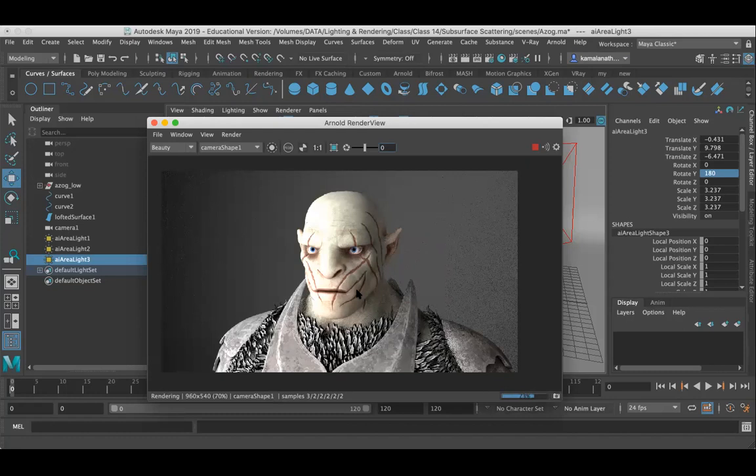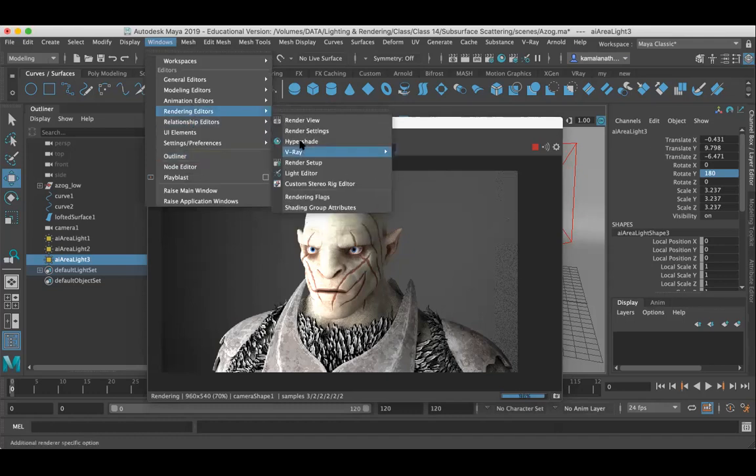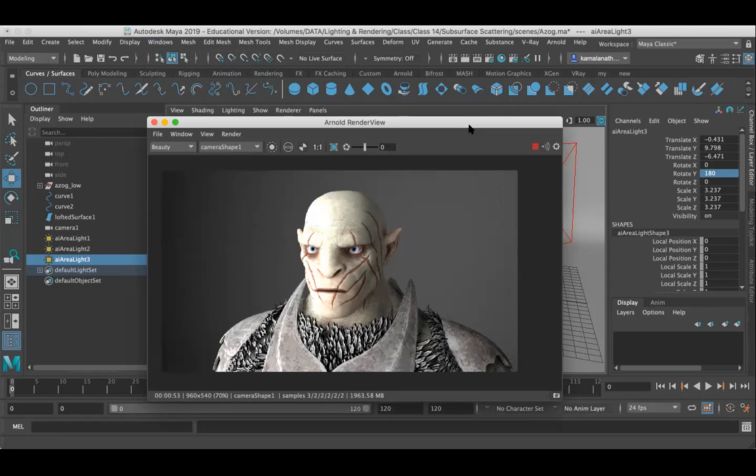By now, I hope you are familiar with the Hypershade. I'll go to Windows, where you can find Rendering Editors and then Hypershade. I hope you have done this Hypershade work by now, right?